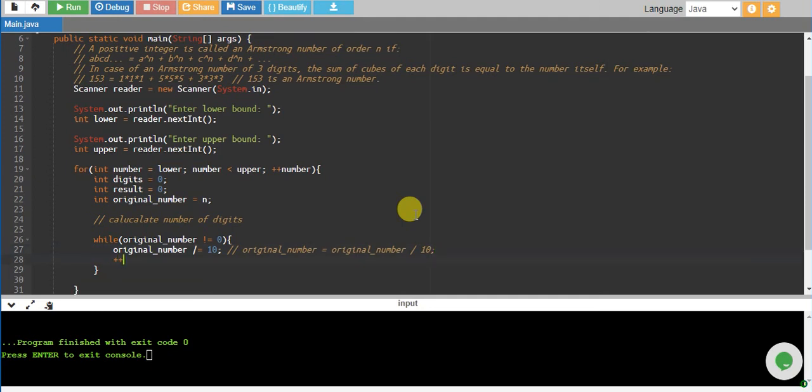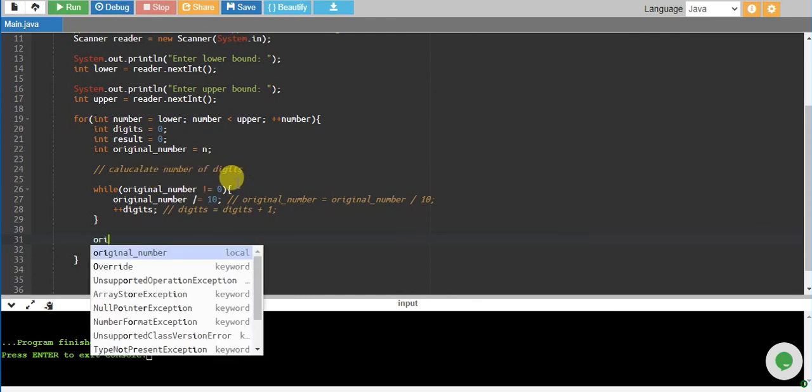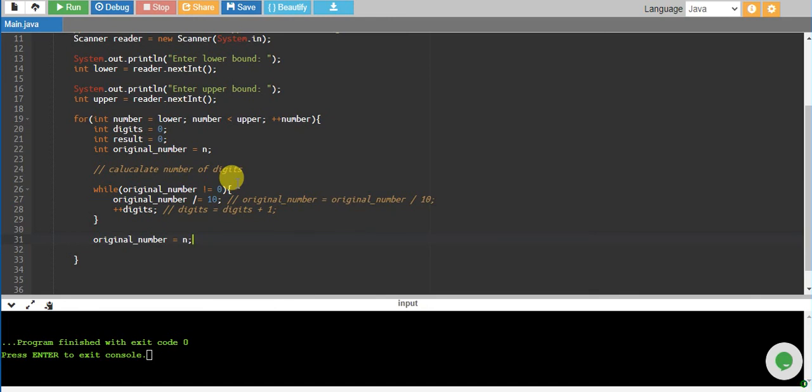And we will increment digits, so that this is basically digits equals digits plus 1. So this while loop will just calculate the number of digits and store it in the variable digits. Now since original number is messed up, as we were reducing one digit at a time and now it is equal to 0, we need to restore it, so let's set it equal to the number.